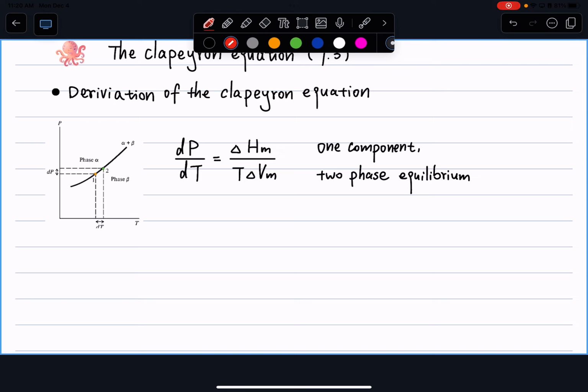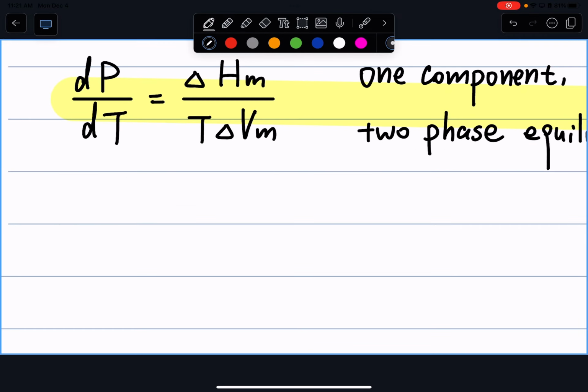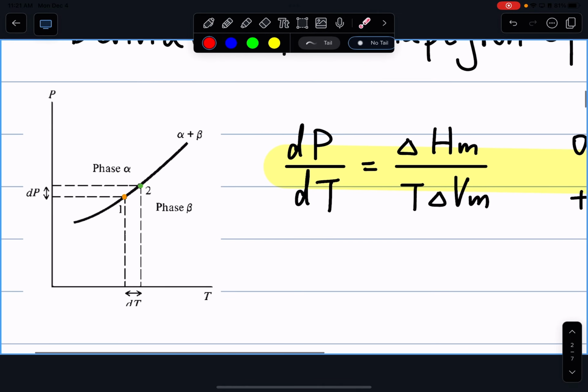So I'll give you the equation first, which is, here is the Clapeyron equation. And we will first go over the derivation of the Clapeyron equation and see how we can use the Clapeyron equation to solve for properties on your phase diagram. All right, so 2 different steps. Let's get started with the derivation. So the idea here is simple. When we're defining the Clapeyron equation, what are we talking about? We're talking about how your pressure is changing with respect to temperature.